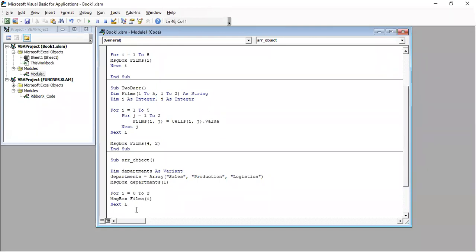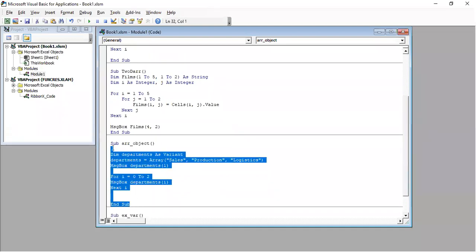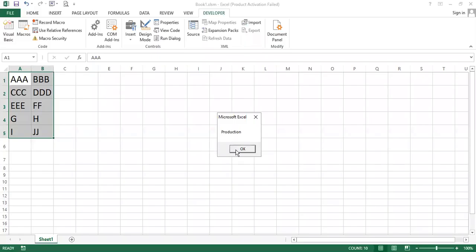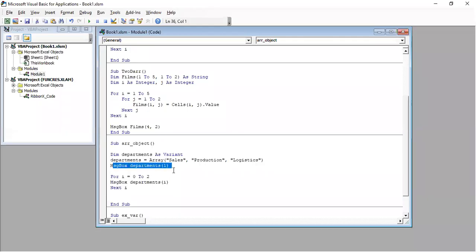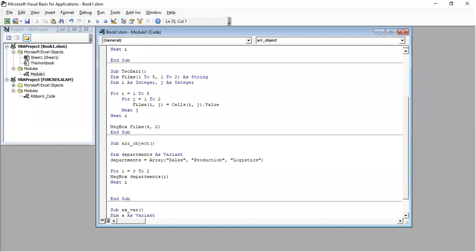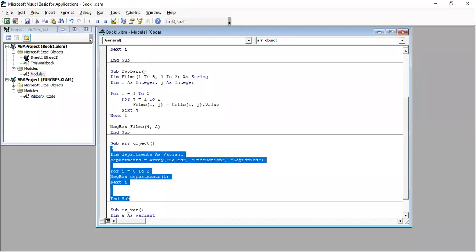I, the next I. Let us take this as departments. Let us run. The first message box appears because of this one extra we are having, right? If you are having any confusion in that, I'll delete that.